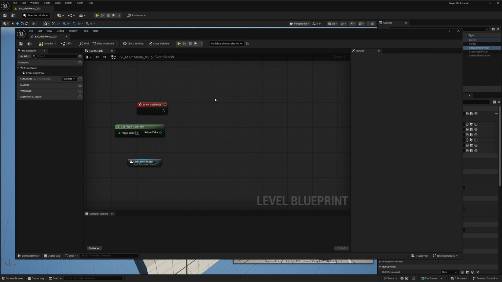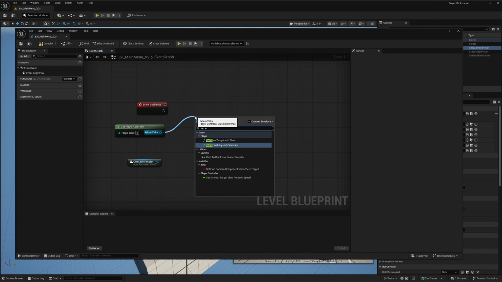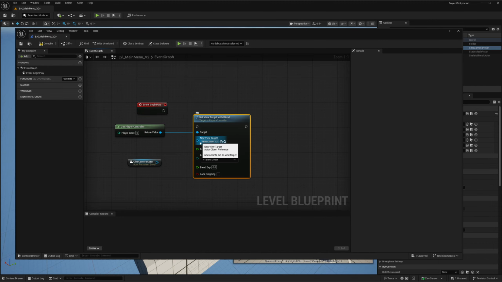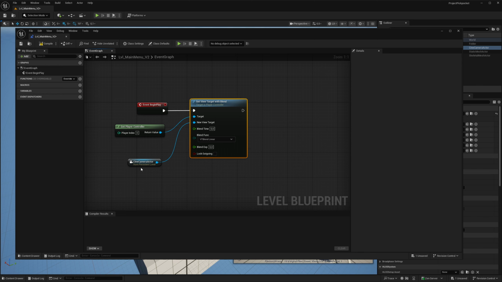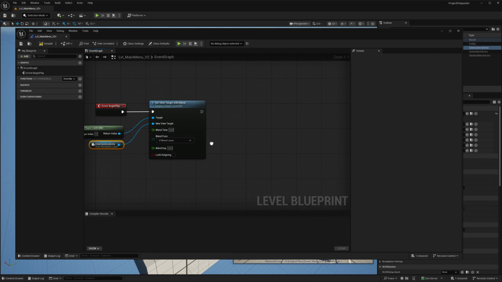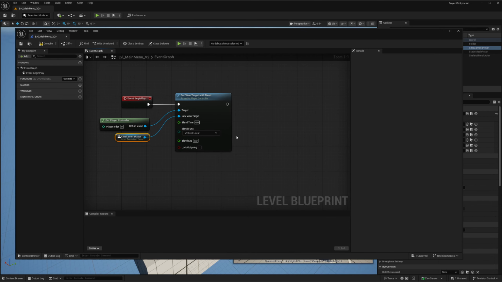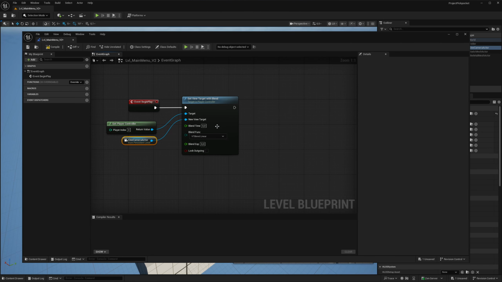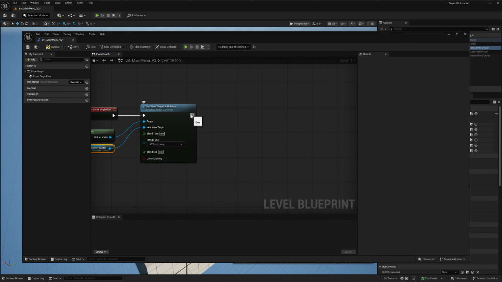Okay, it's not going to work from that, so let's try from here. Set view target with blend, like that, and the new target's going to be the camera, and we're going to connect this up. This is just so that our wall camera and the cine camera blend nicely together, but it's just sort of an extra step. You don't necessarily have to do this. It's just to make sure that if the camera isn't in any weird position, we go there right away. It's a failsafe. So from here we're going to create widget, and we're going to make sure that's main menu,